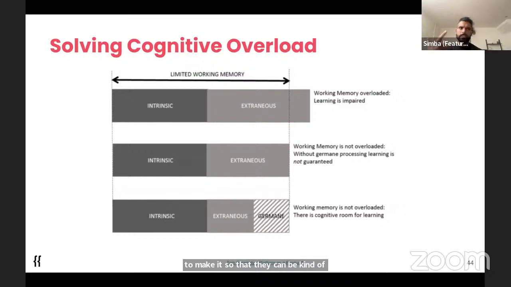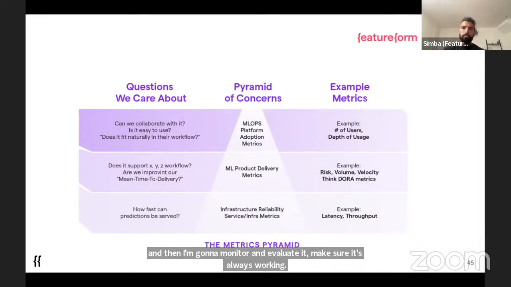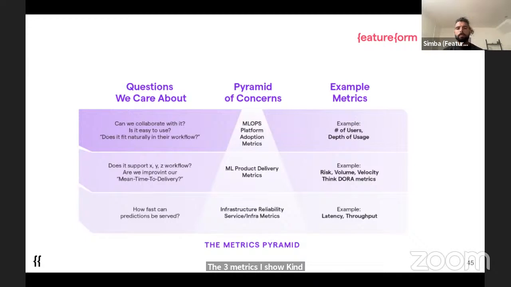Like, hey, I have this hypothesis of a new feature. I'm going to build it, try it out, test it. If it works, I'm going to A/B test in production. And then I'm going to monitor and evaluate it, make sure it's always working. The three metrics I showed provide how I think of the metrics of MLOps, which is